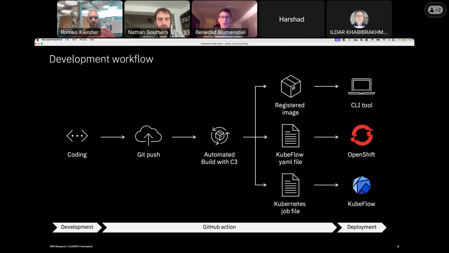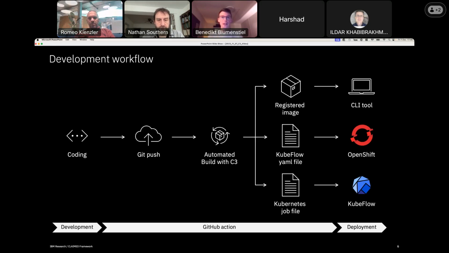So if you create a config file and say grid wrapper true or cos true, for example, then it will automatically generate these grid wrapper patterns, push it to a registry, and also add the Kubeflow YAML files and Kubernetes job files to the public repository, and you can deploy it on Kubernetes, Kubeflow,